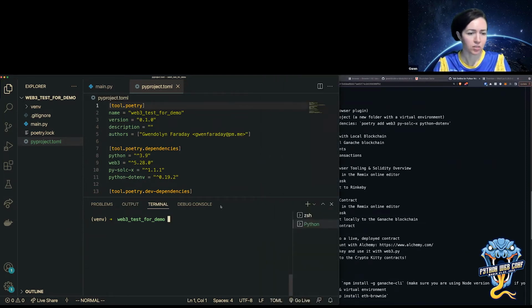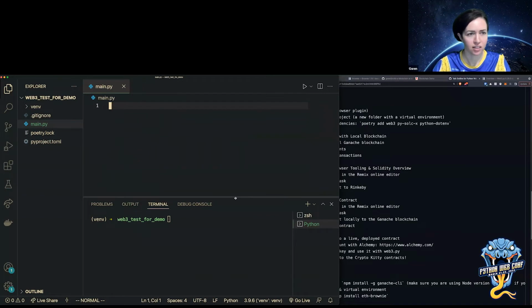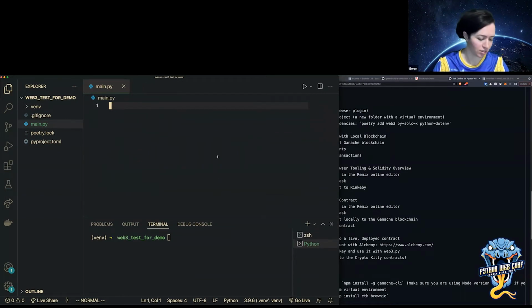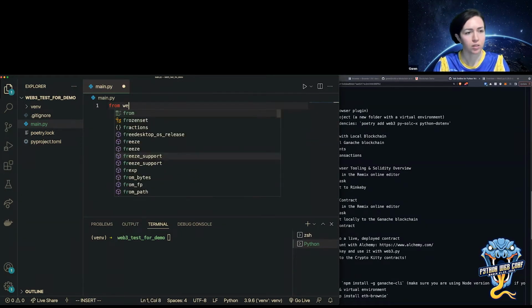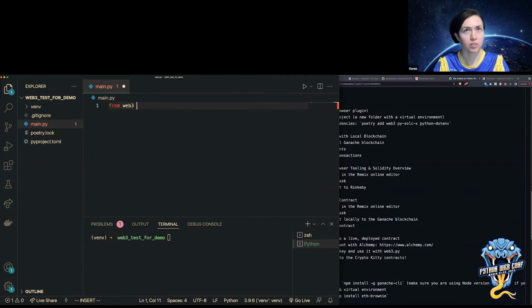Okay, so I'm going to do just poetry install, make sure I have everything installed. Okay, everything's already installed. And now I can start writing. So I'm going to say from web3 import Web3.